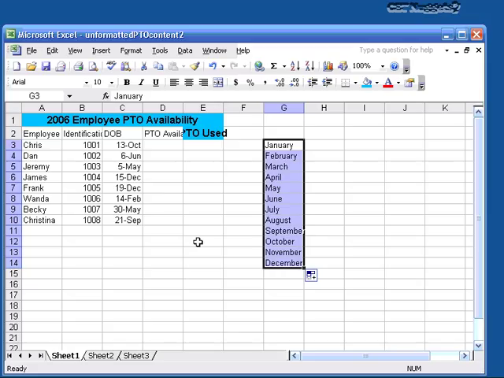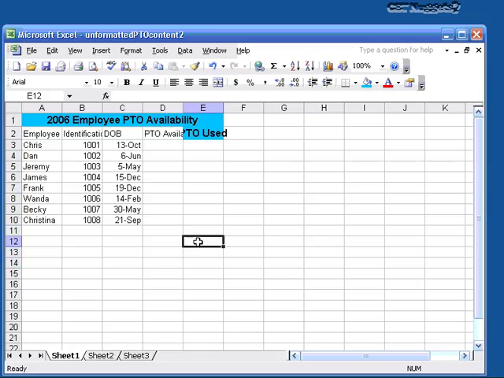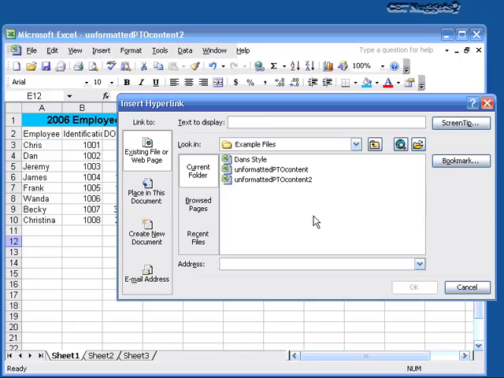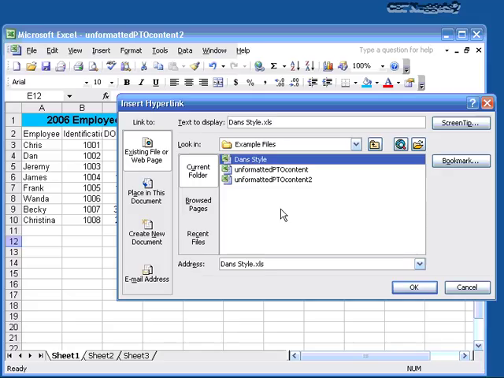Let me go ahead and just delete the content that we have there. Let's say I wanted to go ahead and make this cell a hyperlink to maybe a place on sheet 2. Okay, we can do that. So I come up here to the Insert menu, down-click over here to Hyperlink, and if you notice, it says, where do you want to link to? Now, you can do it to the existing file or a web page. I can open up a new Excel. I can say, hey, right there, it can be a link to open up Dan's style